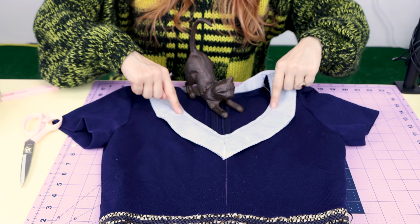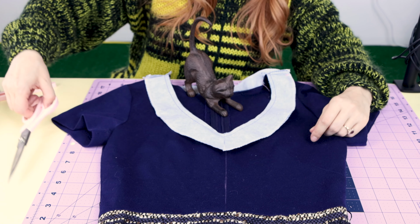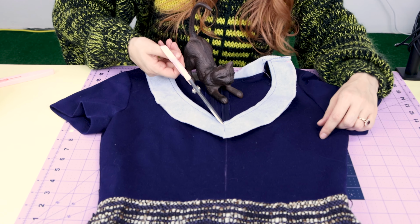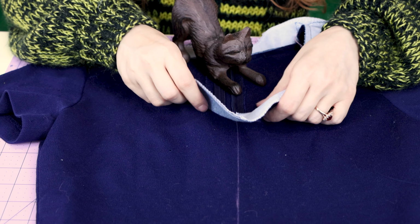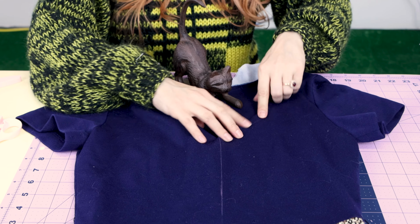Now you can see that we have the facing sewn on, right sides together. Now what we want to do is clip into this V here, so that way it turns smoothly. There we go, directly down to the stitch. Now what we want to do is flip the entire facing to the inside of the garment and give it